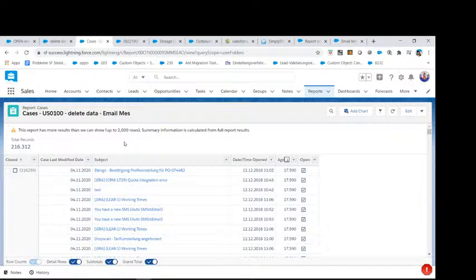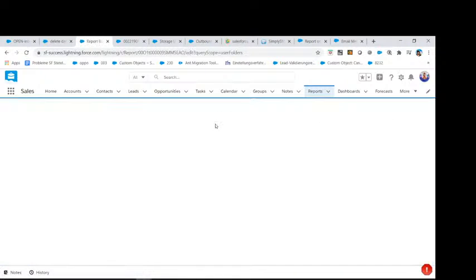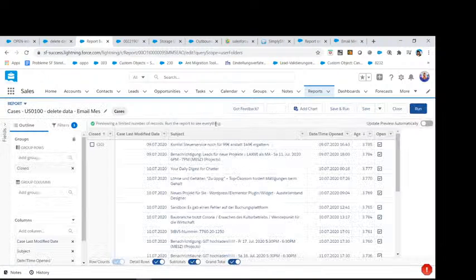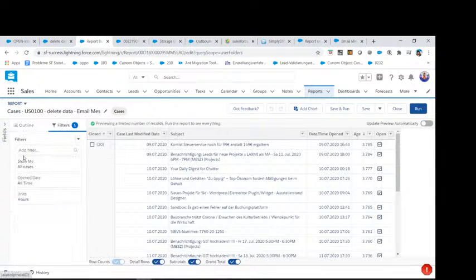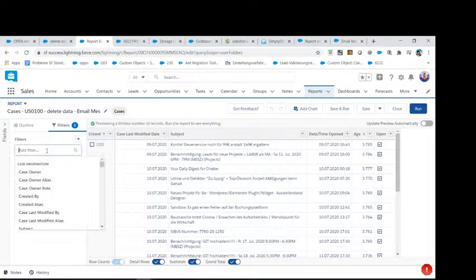and then we can define what kind of data we want to delete. Let's say we are deleting something until a date. And so what we're going to do is just prepare filters. We just put in a filter like it's going to be the last modified date. No, it's going to be the age. That's gonna be the age.